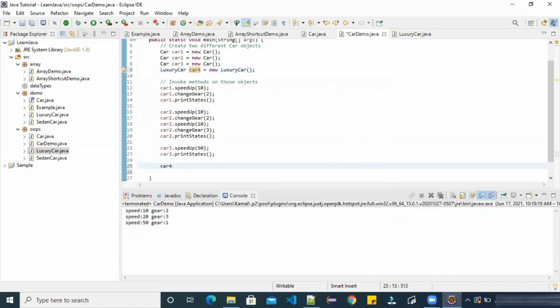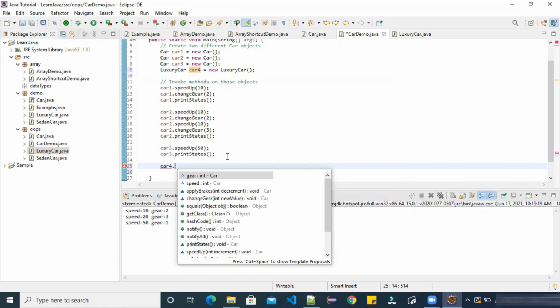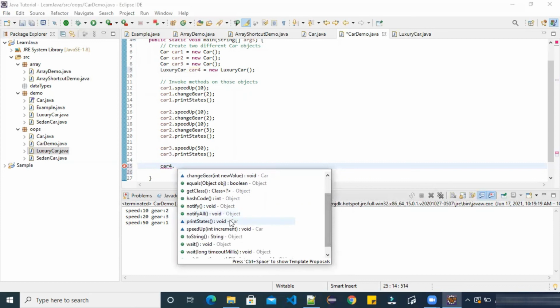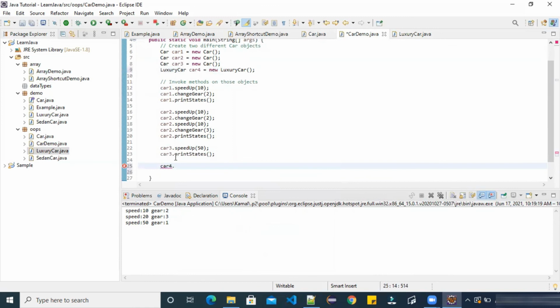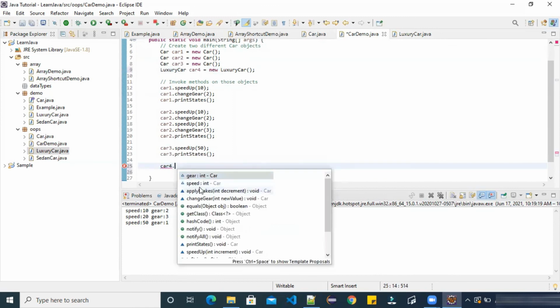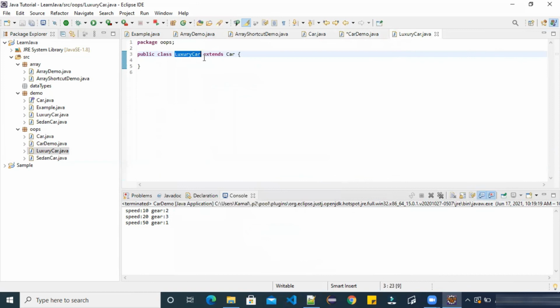Car 4 dot. We have not defined anything here, but it is showing from class car: gear, speed, apply brakes, change gear, print state, speed up. Without writing a single line of code for this luxury car, we have all the properties of car automatically by using just this keyword extends.